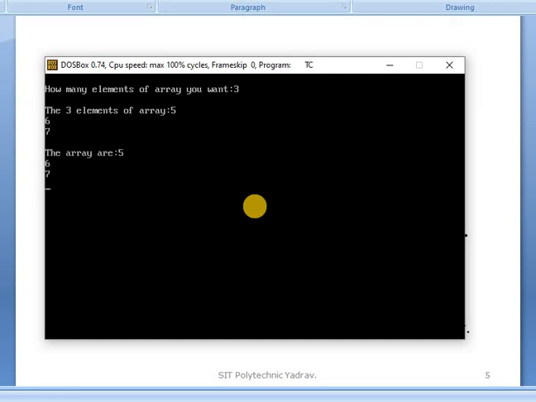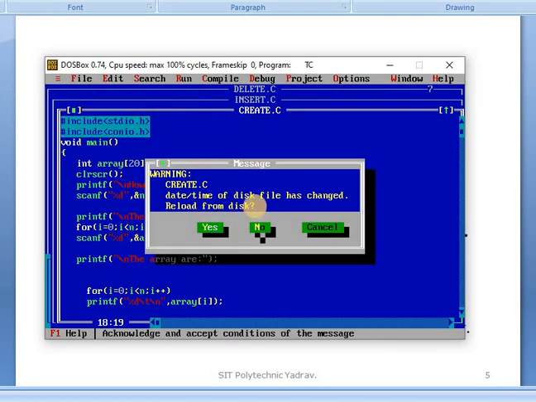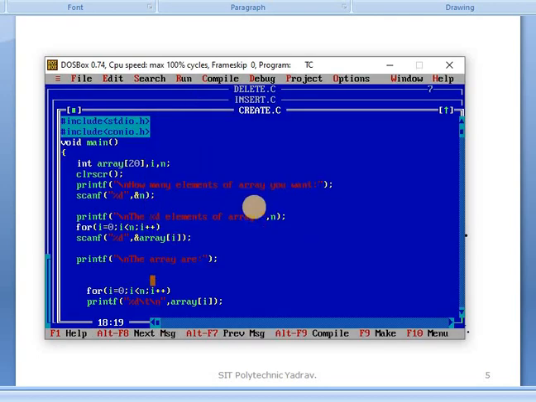Now in the resultant array, I want the 5 elements on a new line. Then we add \n, whose meaning is that they are displayed on a new line.